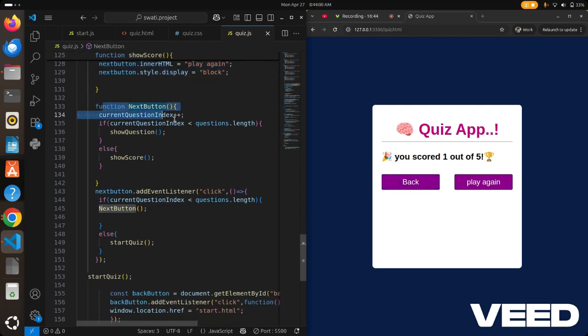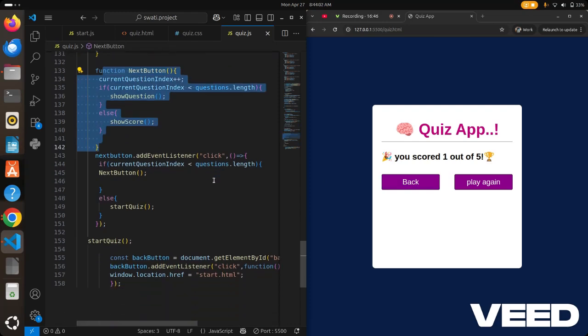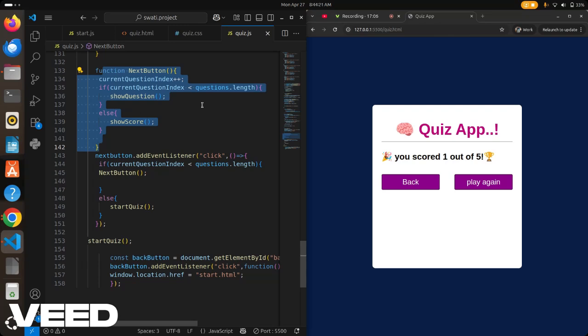Then another function I use for the next button. If the current question index increases, then we will check whether our current question index is less than questions dot length. Then it will show the question, means our current question index is 4 and our question length is 5, so this condition is true, so it will show the next question.